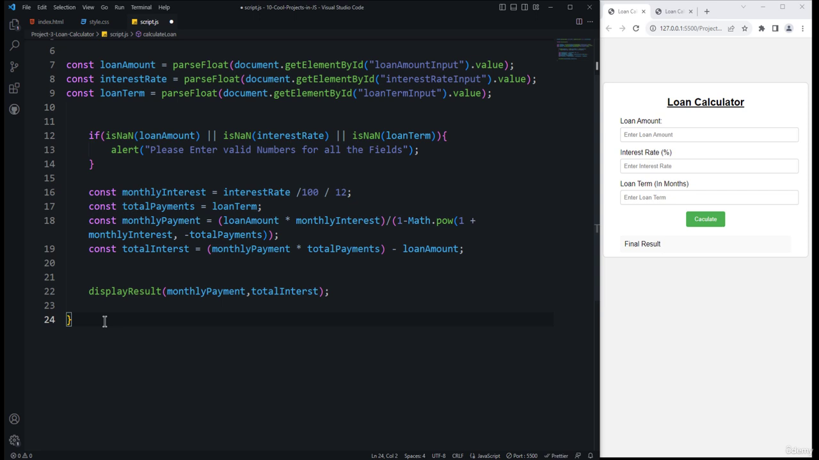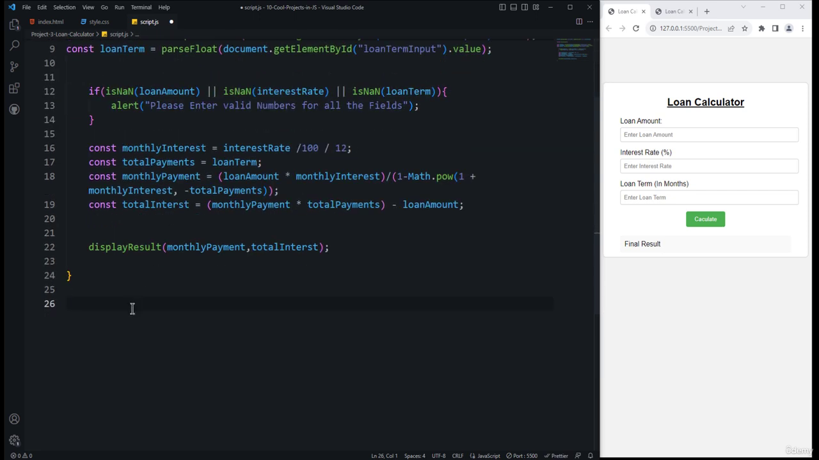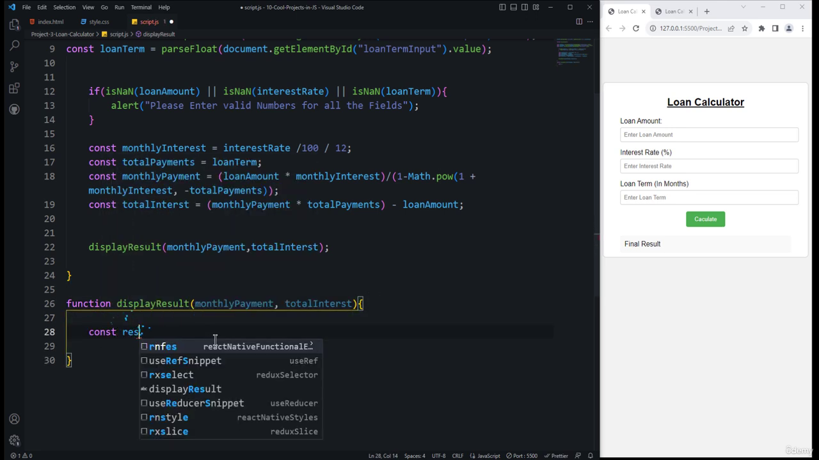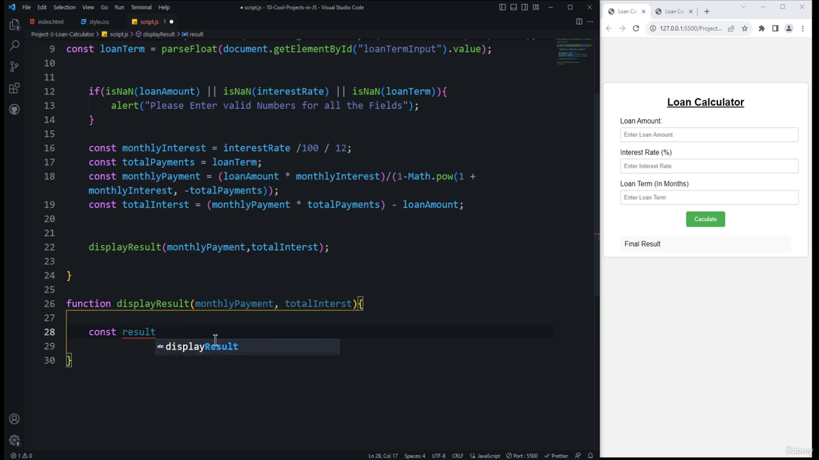So coming outside of this particular function, which is the calculate loan function, here we'll be using the function keyword, then displayResult, and this is going to accept two parameters. First we need to define these parameters, which is our monthly payment. So I'm going to use the same variable names, monthlyPayment and totalInterest. And after that, I will be creating a variable, const,